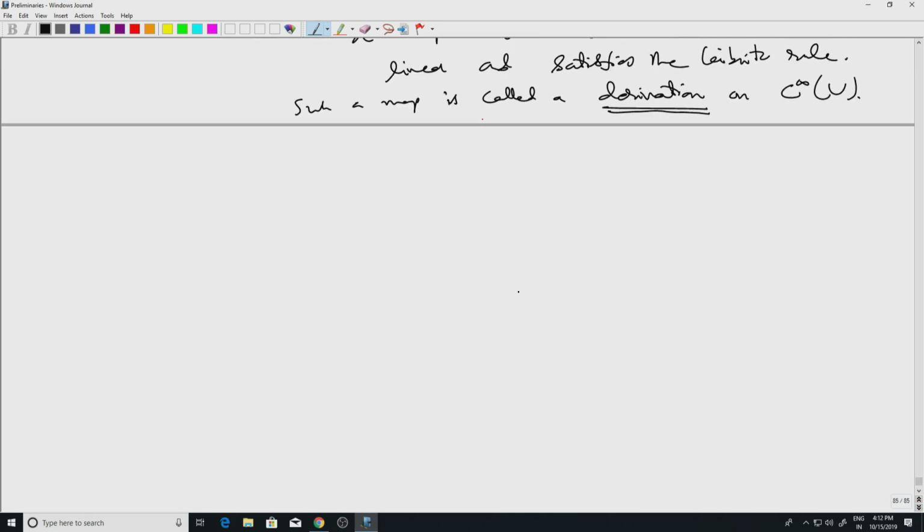that a derivation has to be something very specific. In fact, our main result is the following: that it is going to be a directional derivative. So, theorem: